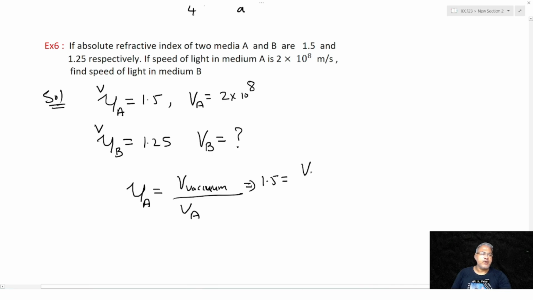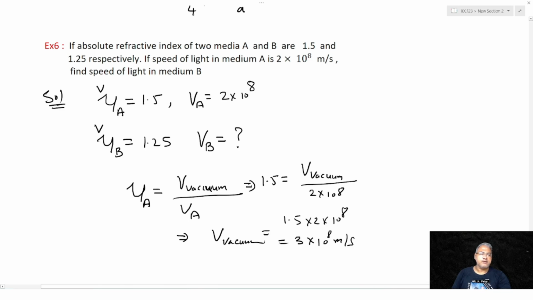We don't know the velocity of light in vacuum, so first we need to find it, and VA is given as 2 into 10 raised to 8. This implies the velocity of light in vacuum equals 1.5 into 2 into 10 raised to 8, that equals 3 into 10 raised to 8